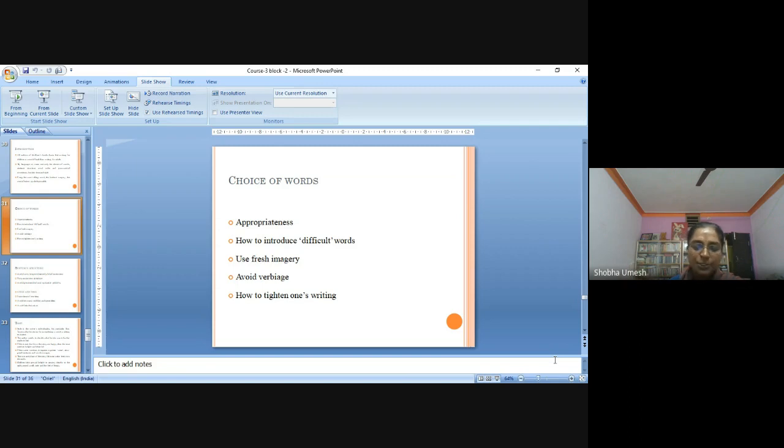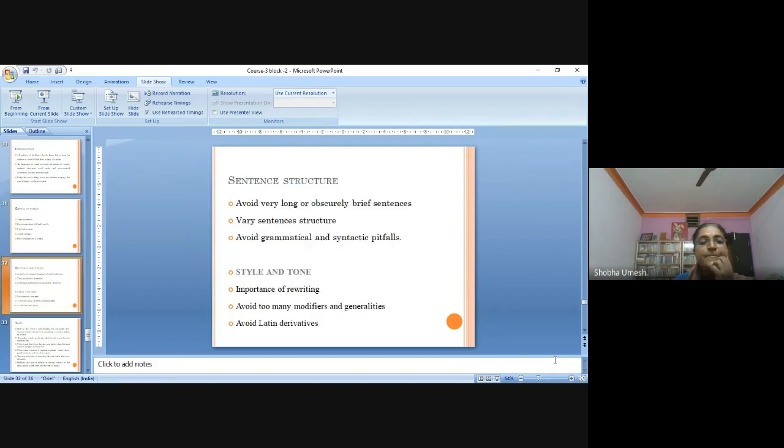In that way we should be very careful in reproducing the same words repeatedly in the sentence. And next comes the sentence structure. What is sentence structure? See, the structure of a sentence is also very important, because we are writing for children. So when it comes to writing for children, it should not be too lengthy.